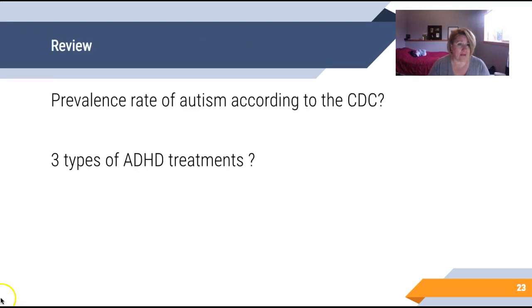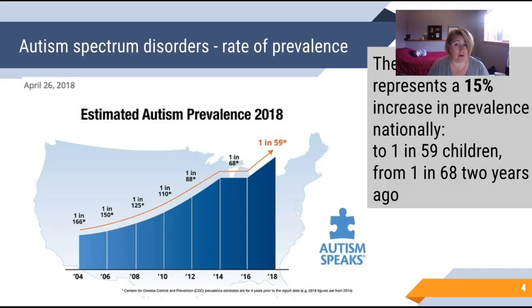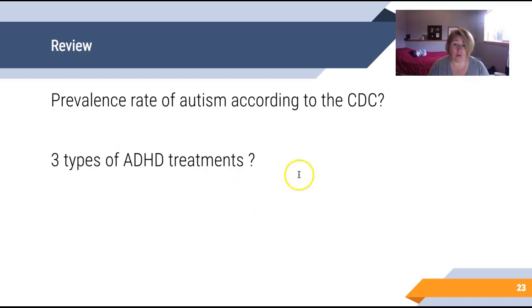Okay, so that's the majority of our lecture. What I would like you to be able to take away, remembering that prevalence rate of autism, knowing that it was just revisited by the Center for Disease Control, and we can go way back to that slide. It's way back up here. 1 in 59. That's pretty stunning. And then also, what are some ways that we can work to treat the symptoms of ADHD? We talked about those. Medications, therapies, and education and training are all different ways you can support individuals who have attention deficit.